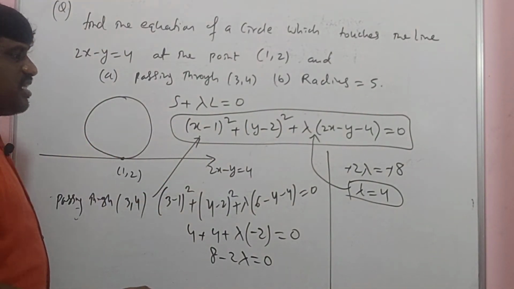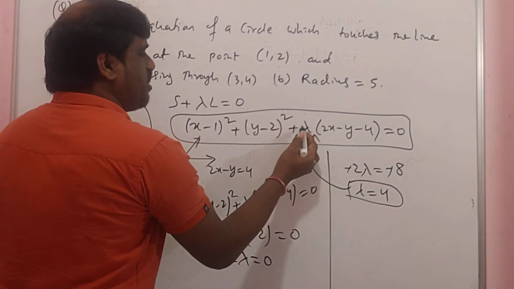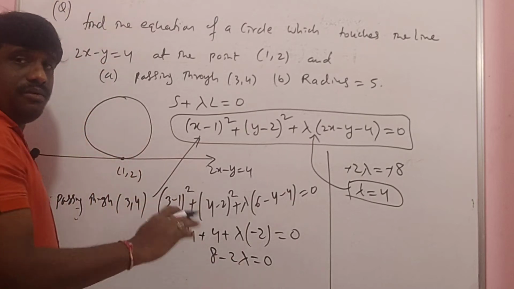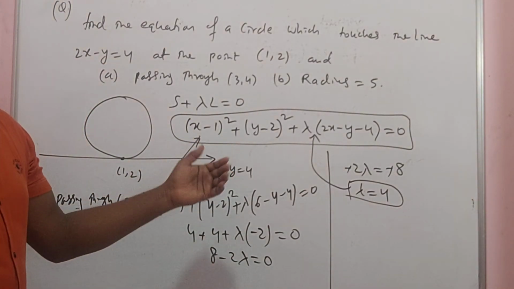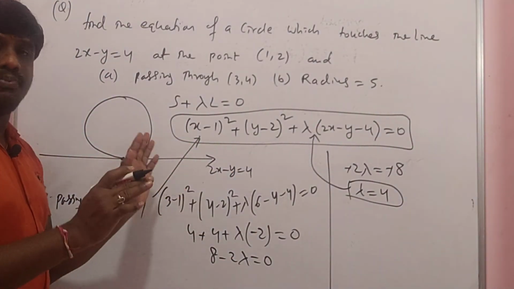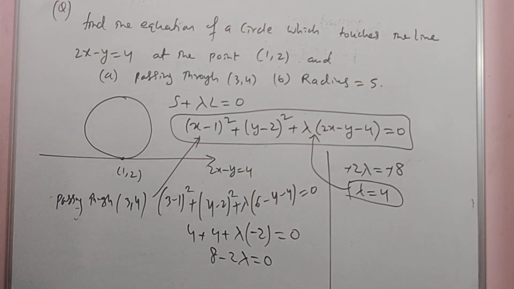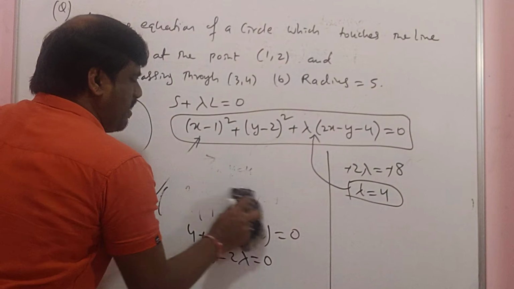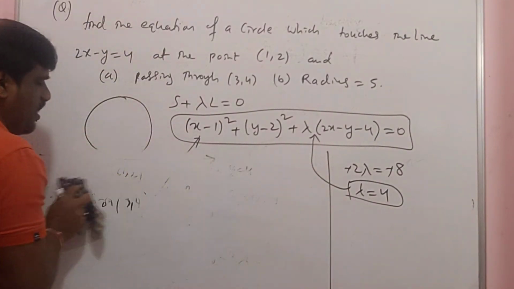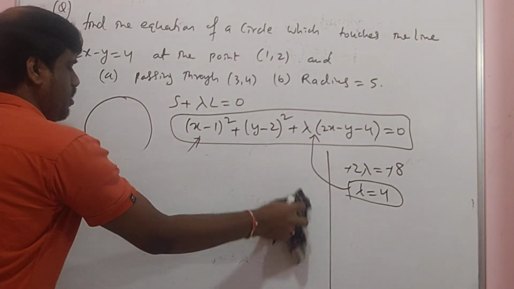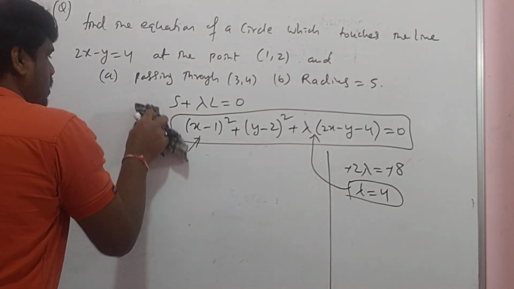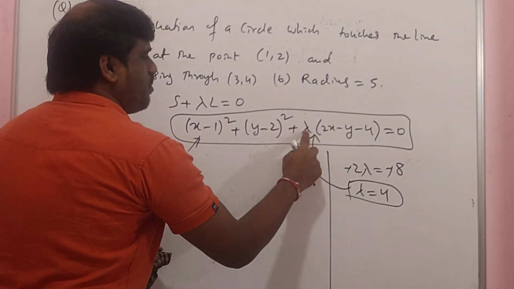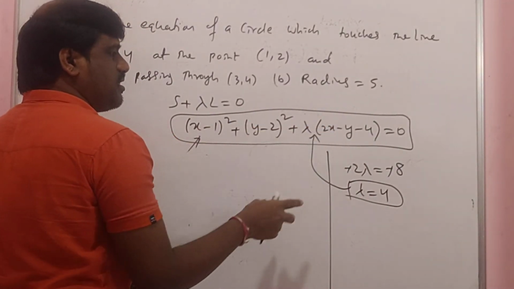So hope you will do it. This lambda value you will substitute here as 4, and you will multiply and simplify, and according to the options you will write the answer. I hope you will do this. Okay, see the second part of what they ask here. Should I need to simplify this? I need to simplify, or you can do it. I hope you are JEE students and you can do it. This is very simple: substituting lambda value 4 here, multiplying and simplifying this is easy.